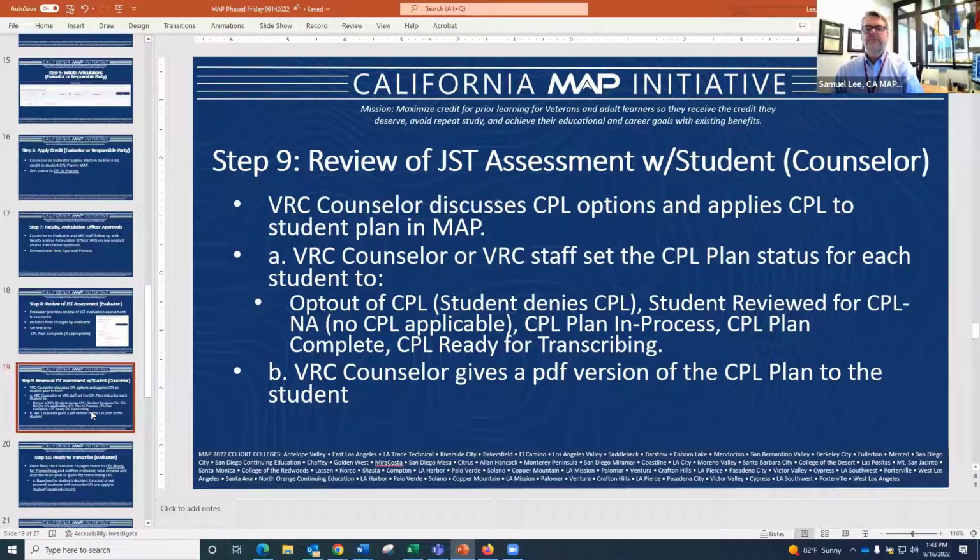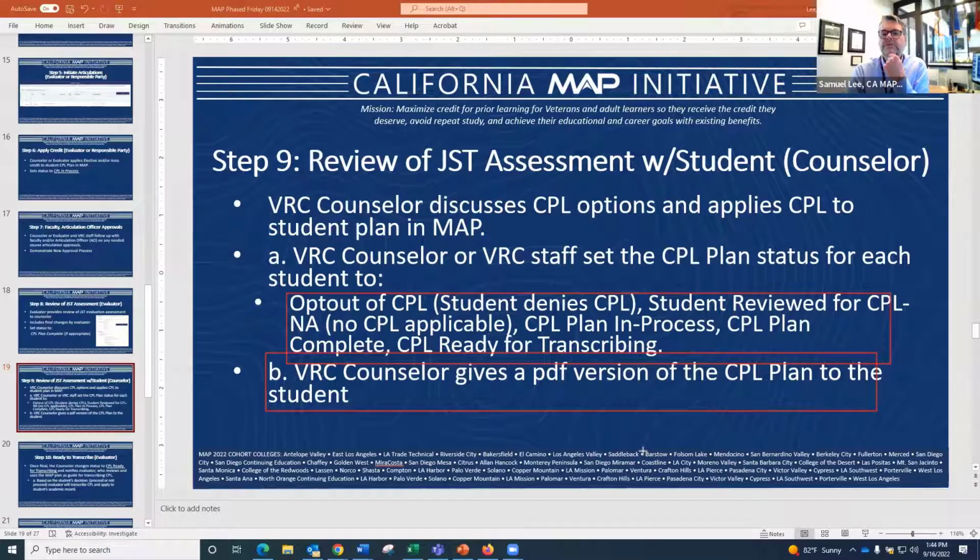This can be abbreviated by one step, or it can be used in this step to assure that there is clear opt-in or opt-out right here using that CPL status. Here's also the chance for the VRC counselor to give a PDF version of the CPL plan to the student. And it's also an opportunity to use that same CPL plan for the evaluator in the next step,